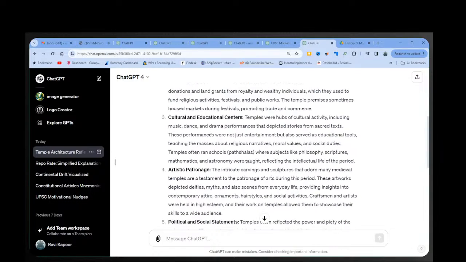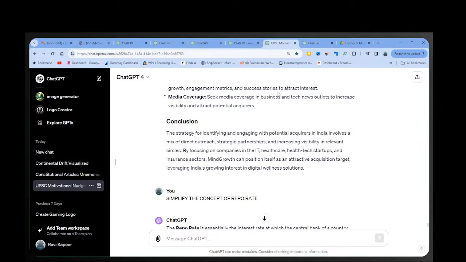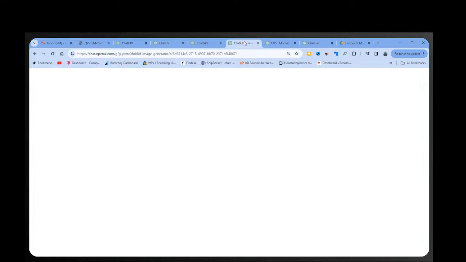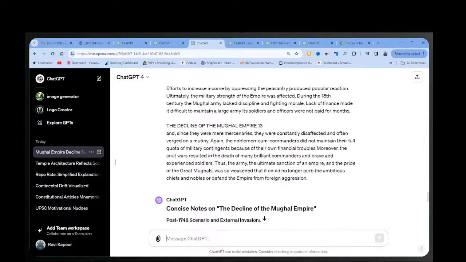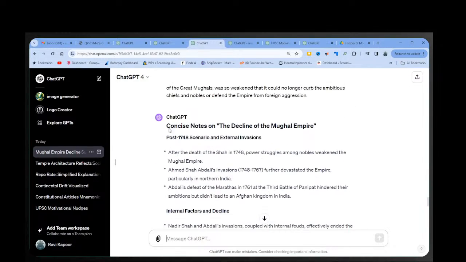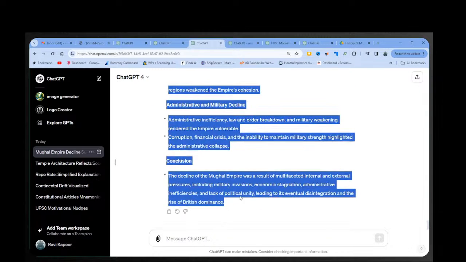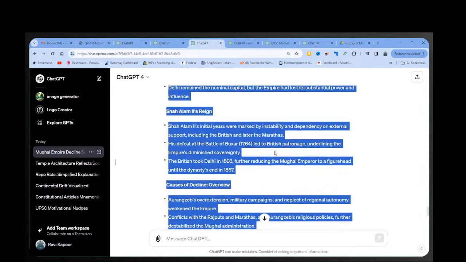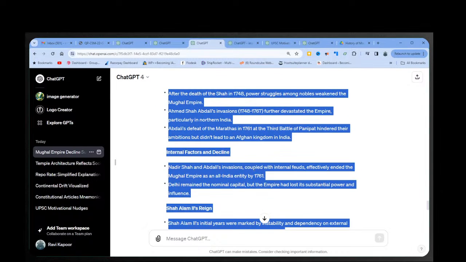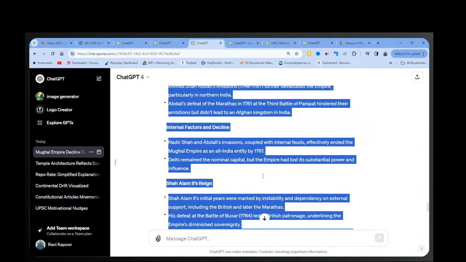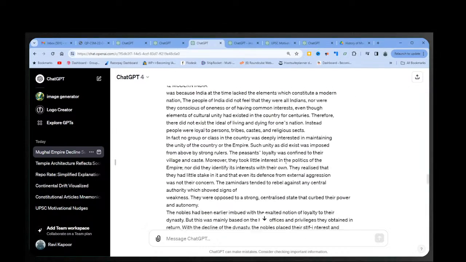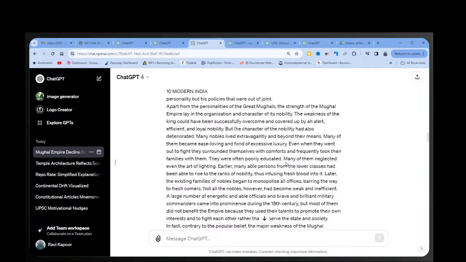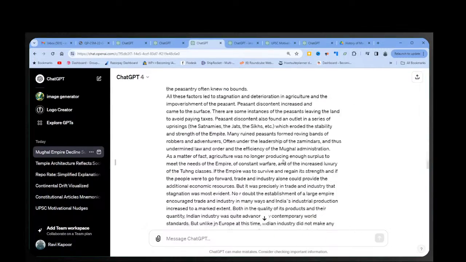ये पूरा का पूरा chapter copy paste है. हाँ, the whole chapter was copy pasted and see what it has done. पूरे के पूरे चैप्टर के इसने कंसाइज नोट्स बना दिए. Look at this. It was able to summarize the whole thing into very very small. इसमें कोई as such मैंने factual error नहीं पाया. Whatever it has done, it has been able to do properly, nicely. And this was about a 20 पेज का चैप्टर, सारा का सारा टेक्स्ट. And I am able to have it summarized for me in a very nice way.